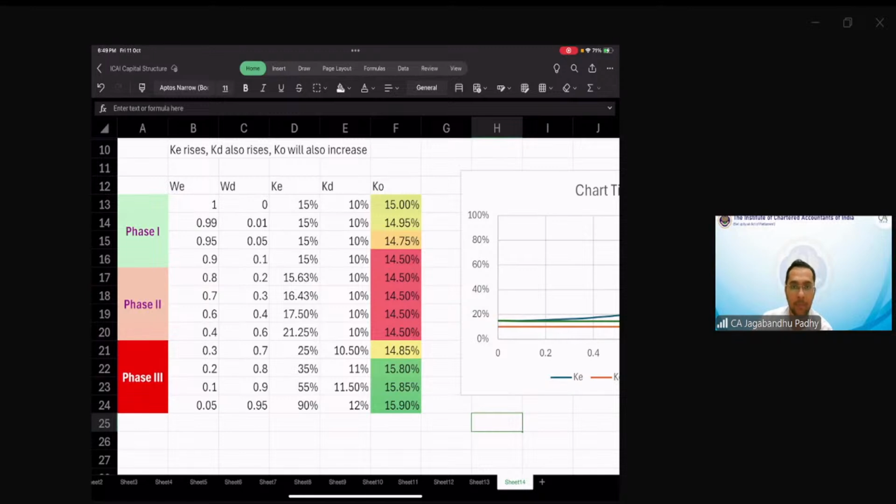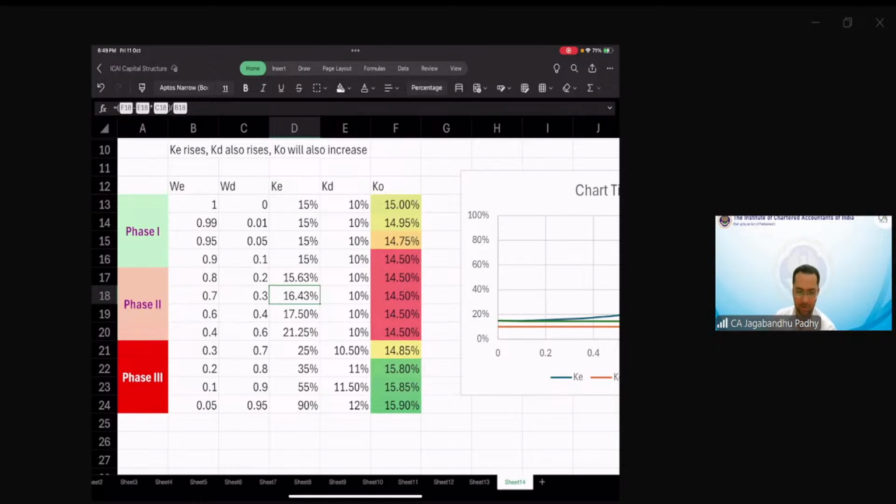Sir, up to phase 2, risk is the same. So then why is the K increasing? That too more frequently. No. K will start increasing in phase 2. Yeah, but the risk is the same now. There is no increase in risk, or the cost of capital is the same, right? Then why is K increasing?